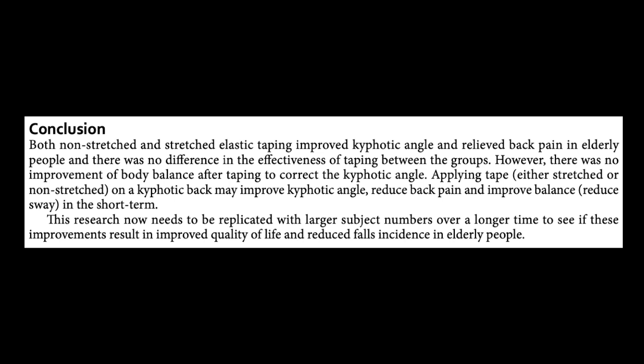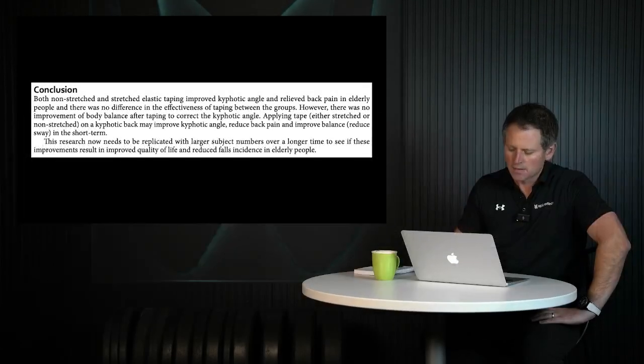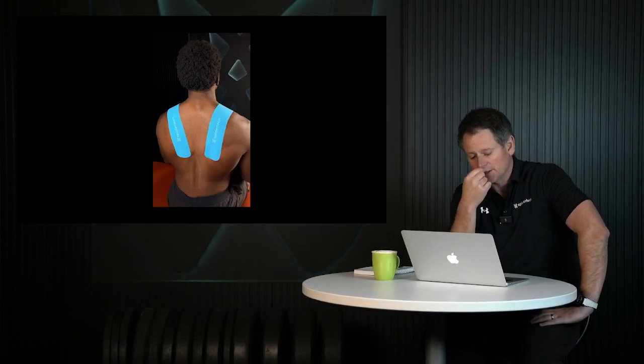Applying tape, either stretched or not stretched, on the kyphotic back may improve kyphotic angle, reduce back pain, and improve balance, reducing the sway from side to side in the short term. And as always, they suggest that they do a bigger study, which is the go-to move. All right. But it is interesting that they do get into the fall prevention, because this is something that would